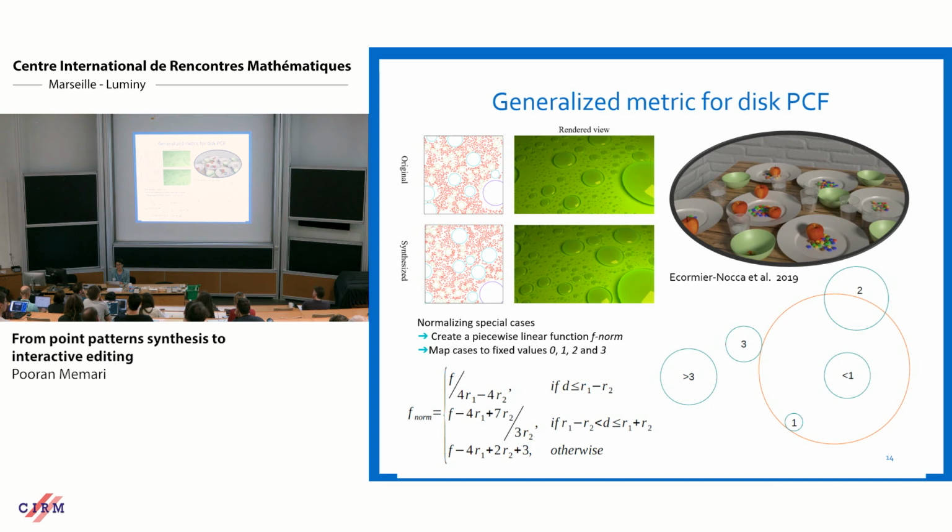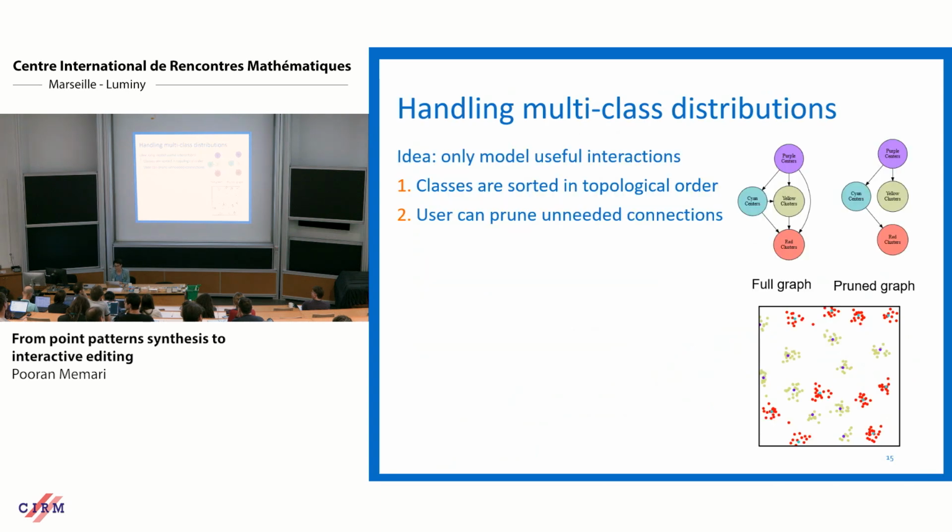The other thing is how to then consider different categories in such configuration. For example, you have Smarties, you have plates, you have glasses. So how to consider these things together? What kind of PCF will we be considering? This is another thing that we have done. Rather than taking all the possible inter-category, inter-class PCF configurations, what we have done was to